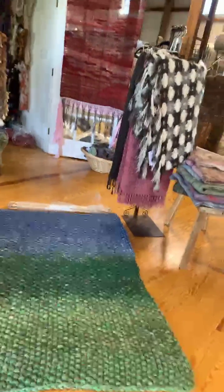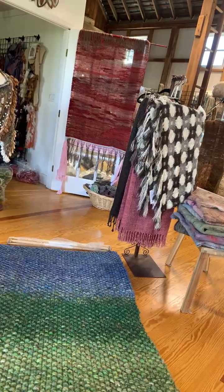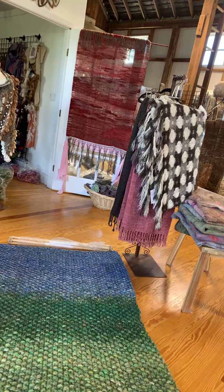Then, among other things I have is if you look at the bottom portion of, well, you can actually see it even at the top. You can see that the blue thing, the red thing hanging over the door there, has a variety of different textures. I kind of used the class weave effect. I used singles that I hand spun, thick and thins that I hand spun, and did it very randomly. I call it a freeform style. Some people would call it soury. It doesn't really matter, but it was kind of cool,